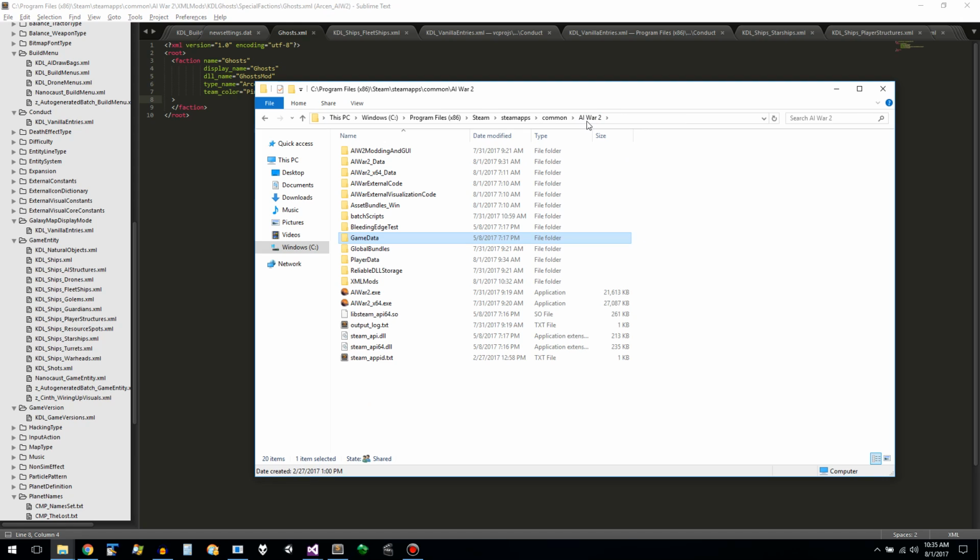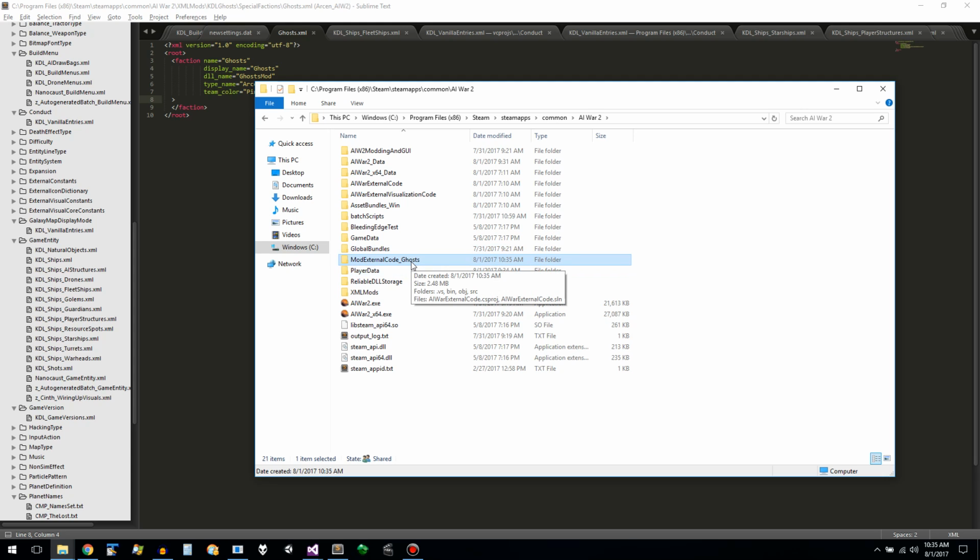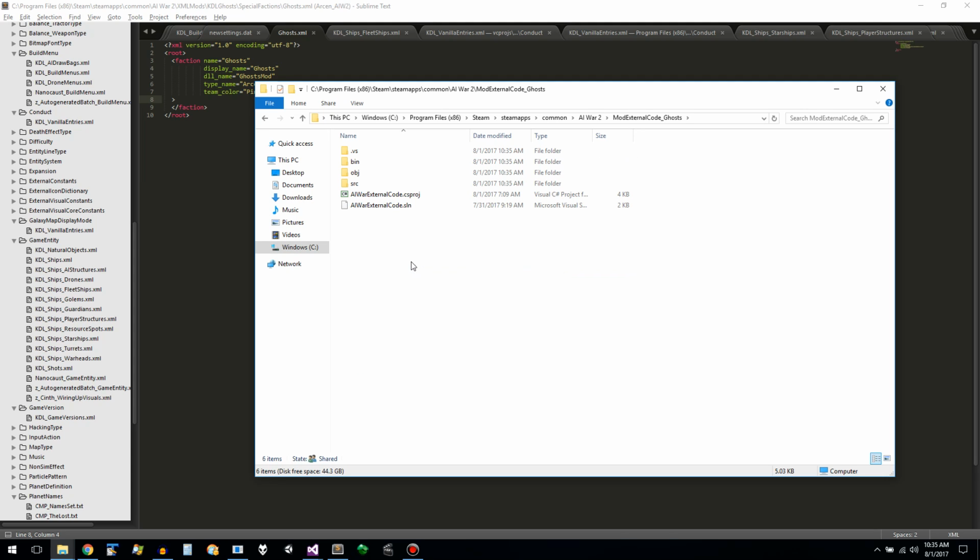So go back out here to the game directory, take the external code directory, copy and paste. This isn't necessarily the best way for this to be done. We could have given you an example external code DLL that you could have messed around with, but so, mod external code ghosts. How about that? It's a little bit more explanatory. And go in and